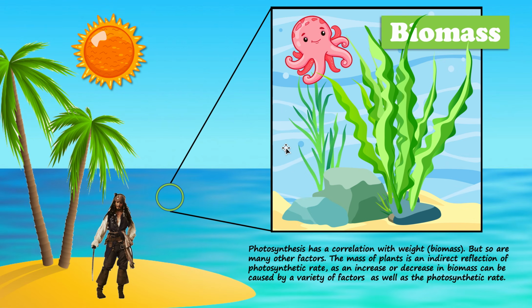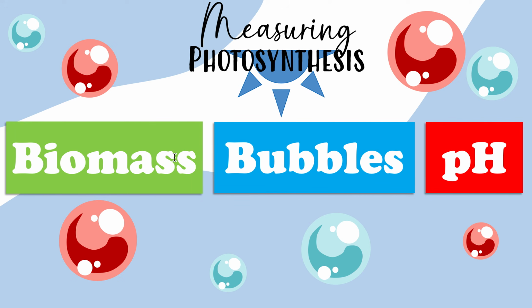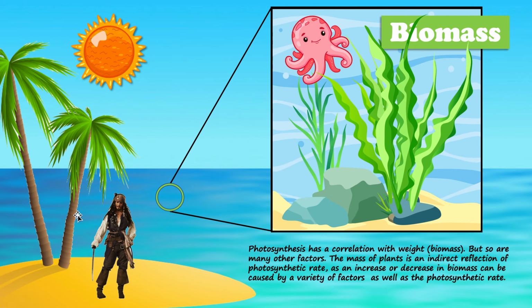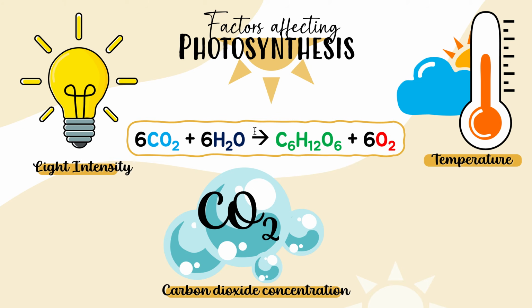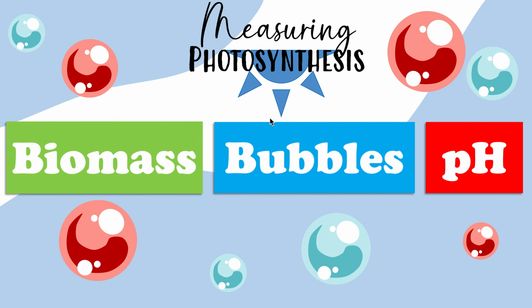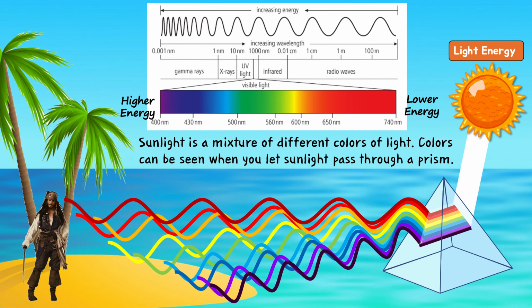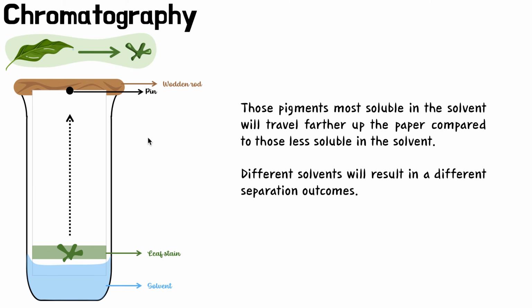So know all of these three ways. They're very important. Make sure you understand how they work. Know that bubbles, the photosyntometer, is a very, very good way. These two are okay, but not as great. Okay. So now that's it. That's it for photosynthesis. That's all you need to know. You need to know the factors affecting photosynthesis. You need to know how to measure photosynthesis. You need to know how photosynthesis works, the basic steps, and you need to know about the absorption and the emission spectrum and chromatography.